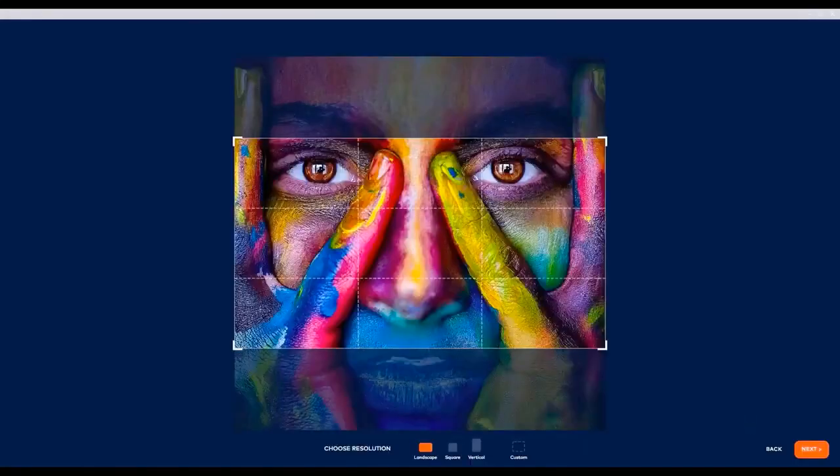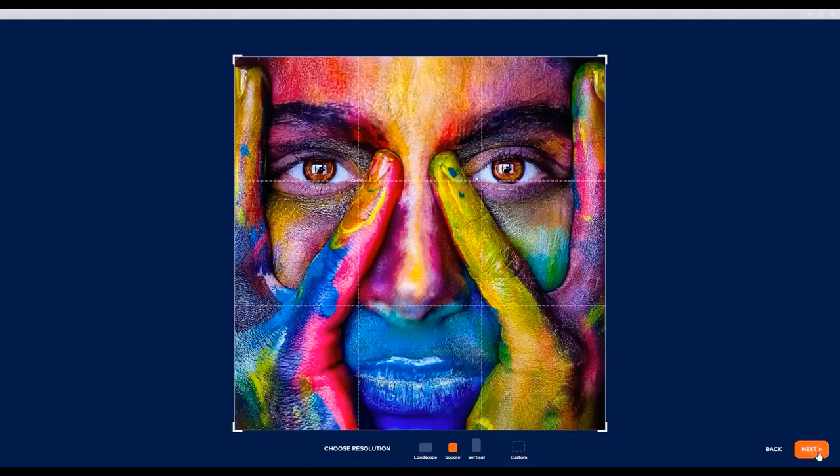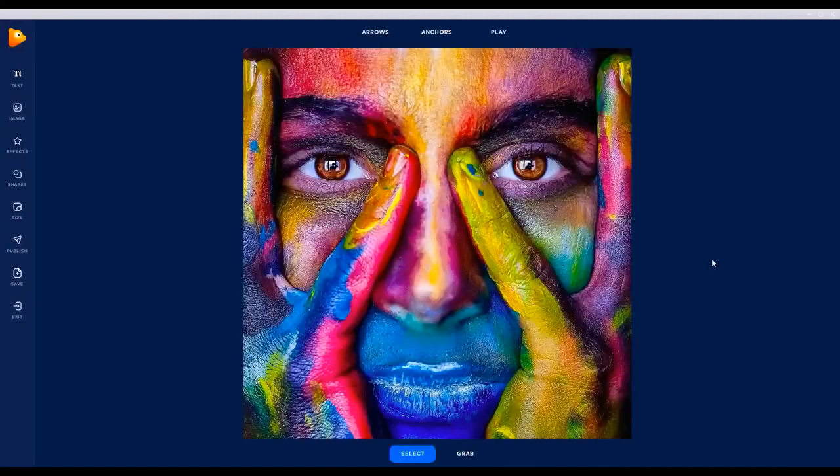All right, now we've got the photo in on the canvas of Photo Vibrance. Let's go ahead and make it square. Make square, click next, and let's go ahead and start animating. That's what a lot of people think. They just want to come in here and start putting a bunch of arrows, anchors on places that they don't want to move. But what I like to do, since this is a pretty intense photo,